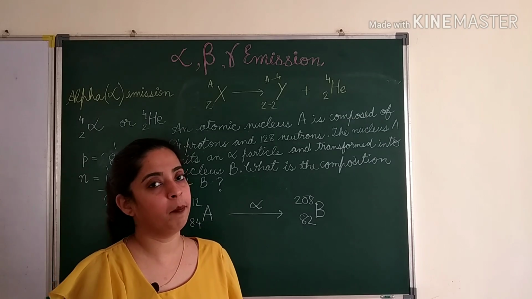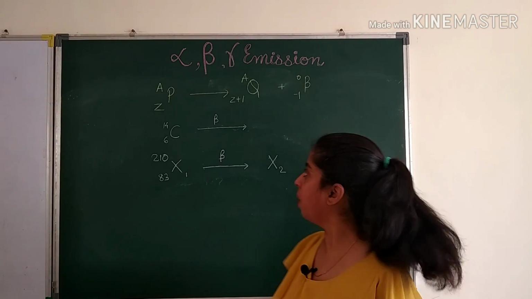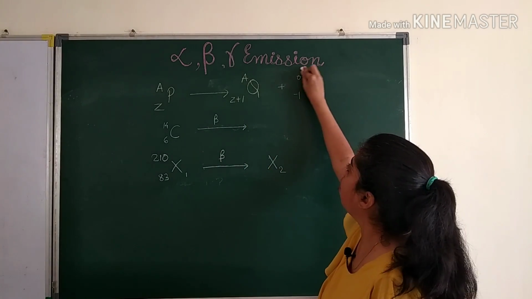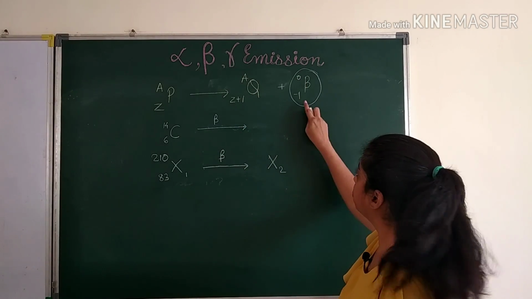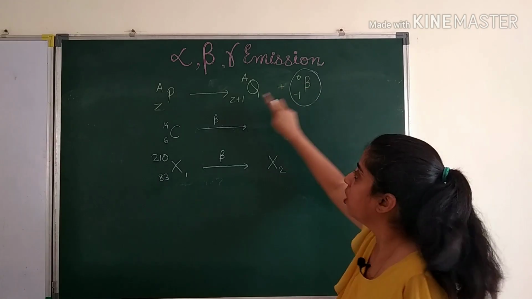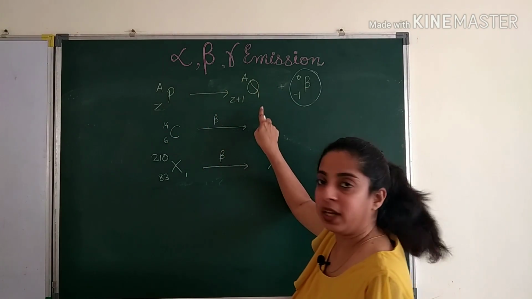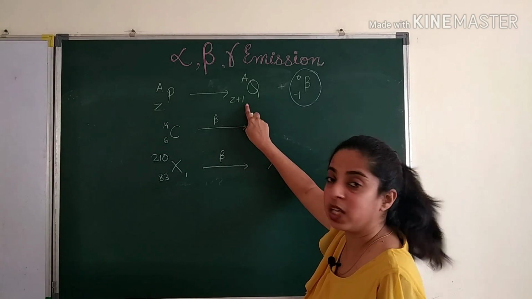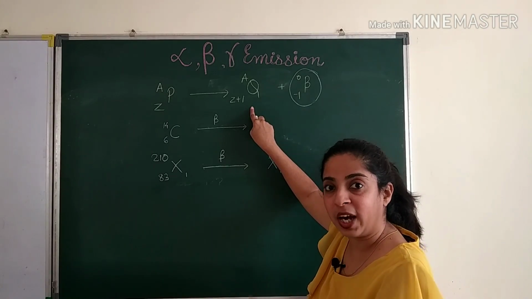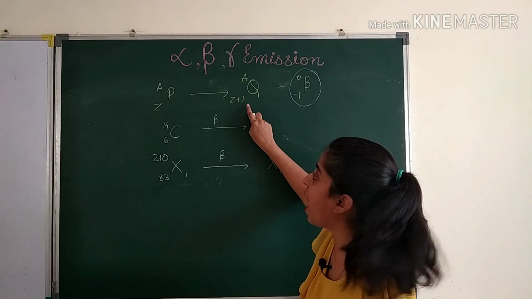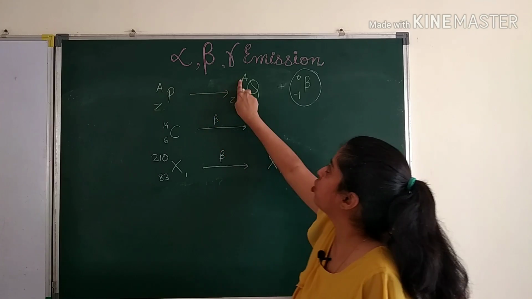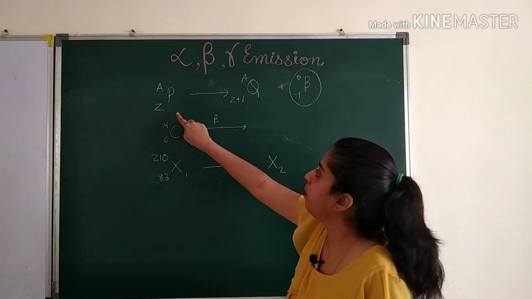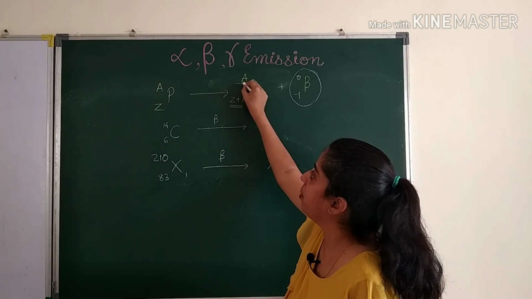Now let's go on to beta particle emission. Here in beta particle emission, as you know, beta is an electron. So minus 1 here and 0 here, right? Whenever you are converting parent to daughter, if the atomic number is Z, it becomes Z plus 1. In alpha we subtracted 2 here and 4 here. Here we are adding 1, and here there is no change since the mass number is 0. There are no neutrons. So here we will add 1 and here there will be no change.